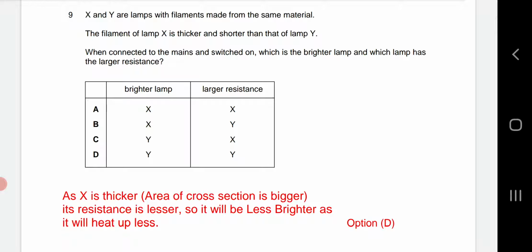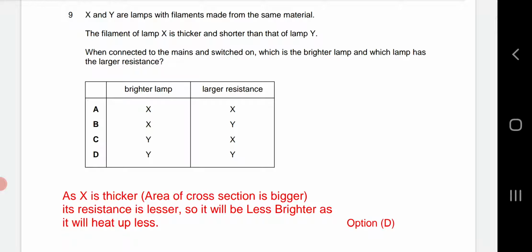Again, as X is thicker, the area of cross section is larger. That means the resistance of lamp X is lesser. So as the resistance of lamp X is lesser, less voltage will be dropped across it, and as a result it will be less bright as it will heat up less. So option D, the brighter lamp is Y and the higher resistance is Y, because lamp Y has a thinner filament,